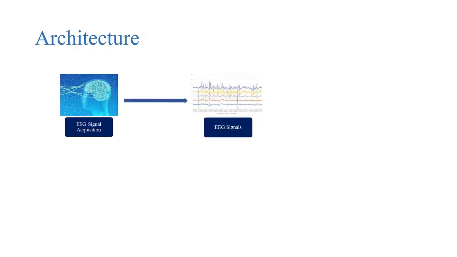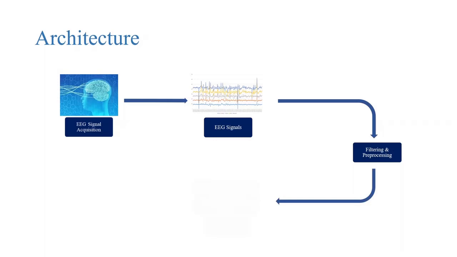Coming to the architecture, starting with the EEG signal acquisition as explained in the previous slide, after acquisition of all the signals, we'll be having the test bed, that is also known as a data set. And after we have the data set, we'll be performing some filtering and pre-processing on the data set with the help of a few Python libraries such as NumPy and Pandas. In this process, we'll be eliminating a few external attributes which are not required for our project.